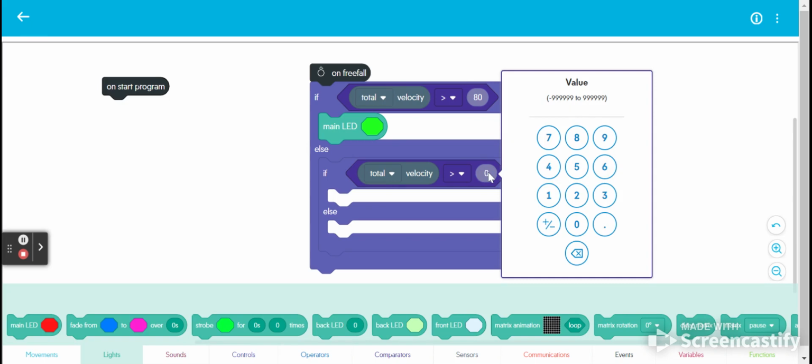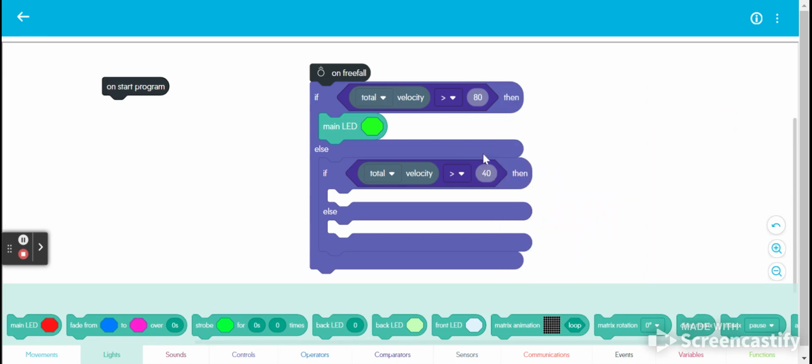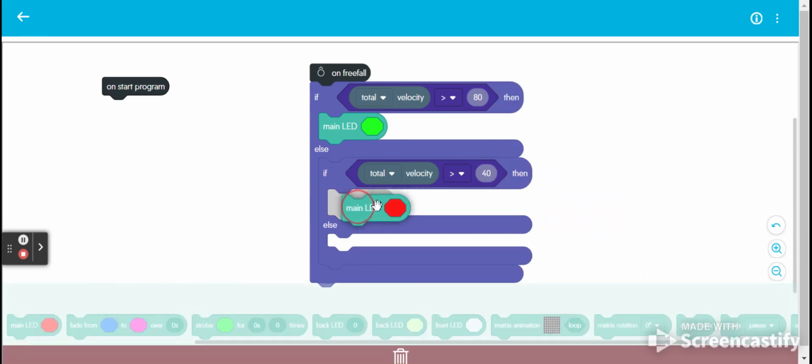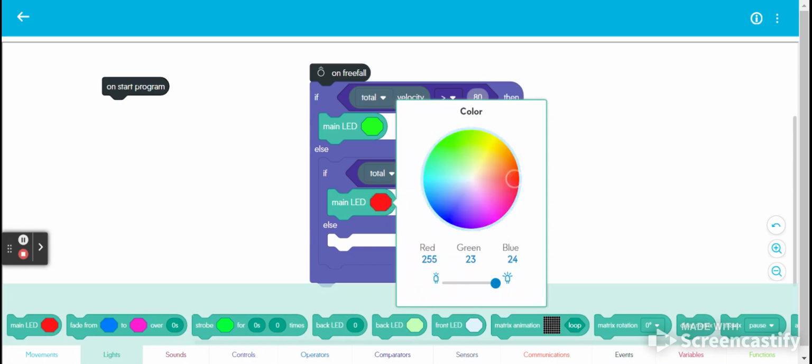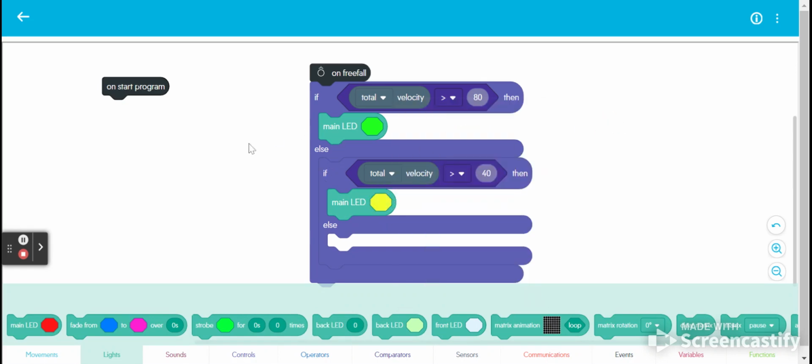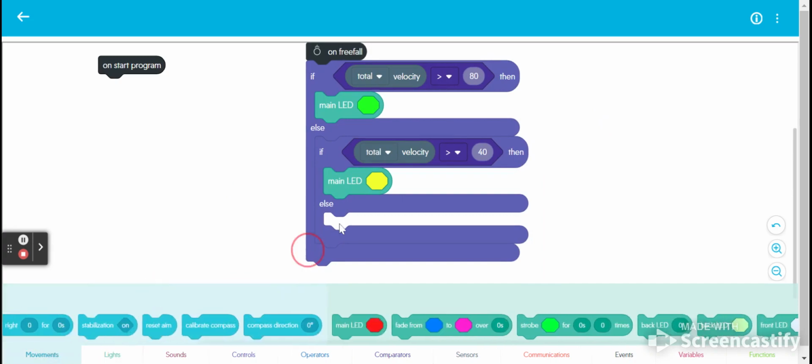So then I'm going to check. If it's less than 80 but greater than 40, that's going to be we'll go with yellow. We'll do a stop sign. And anything less than 40